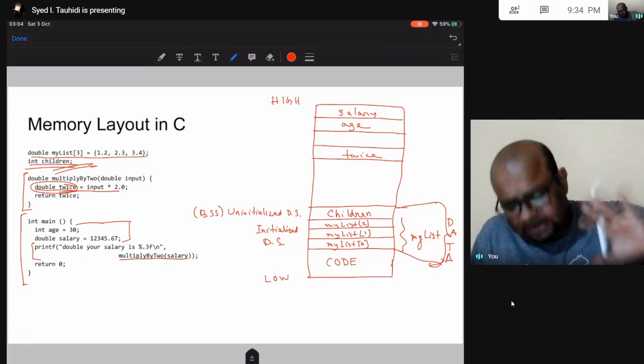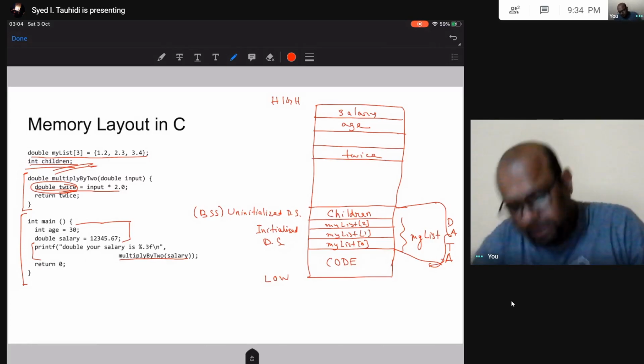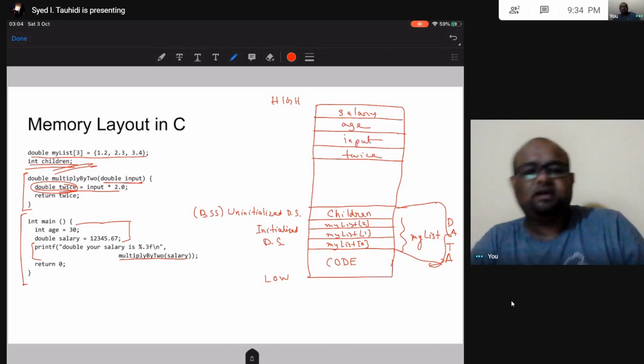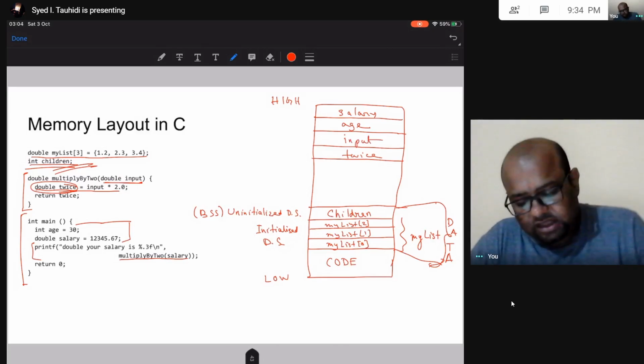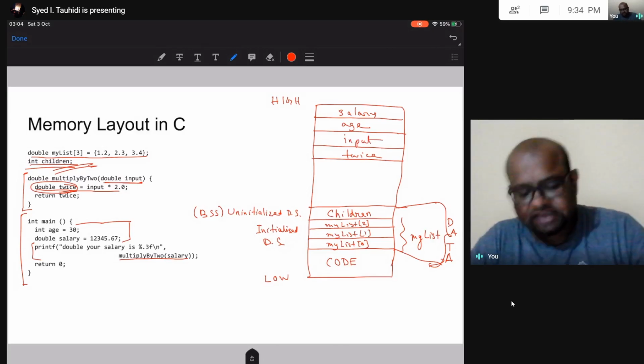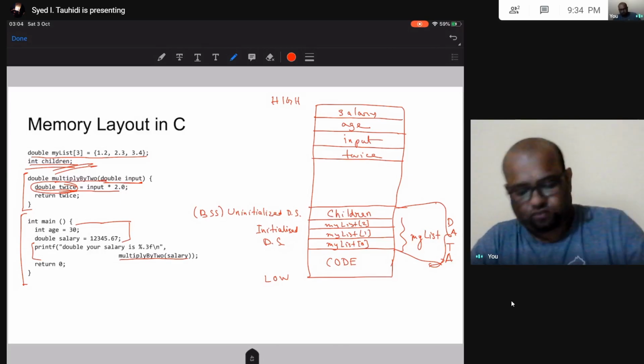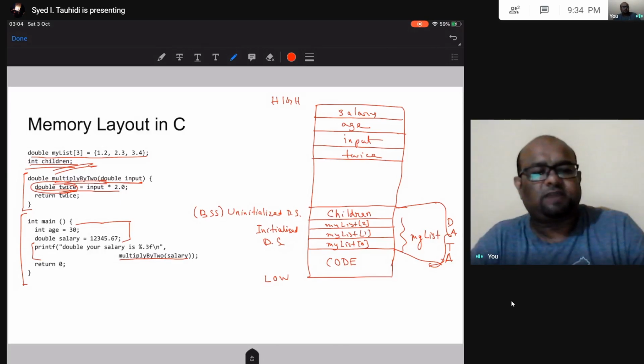So yeah, that is there, forget that. But then this parameter that was pushed is also going to be allocated space in the stack. So yeah, this is what my stack is going to look like when executing the function multiply by 2.